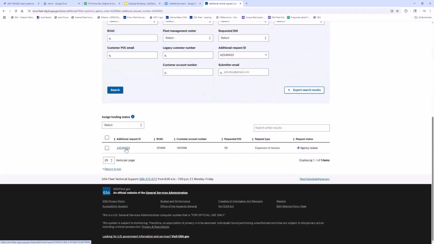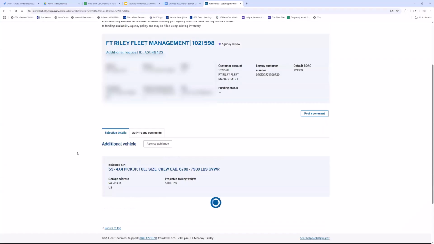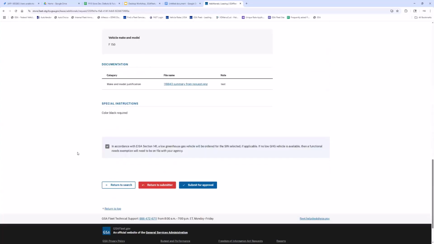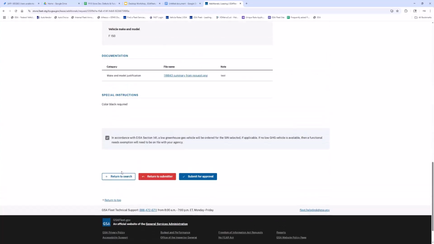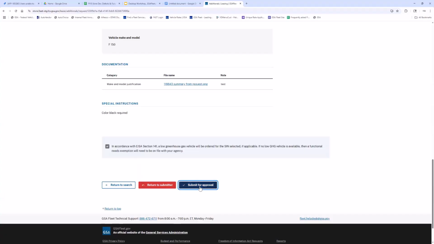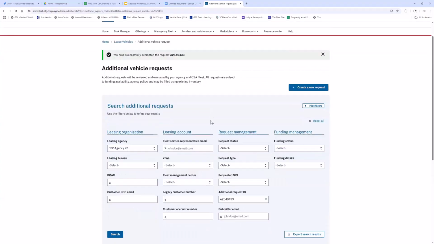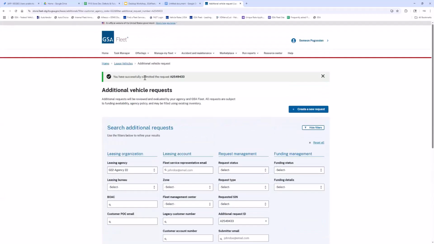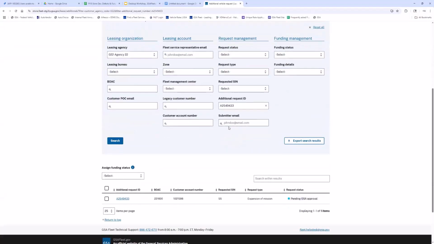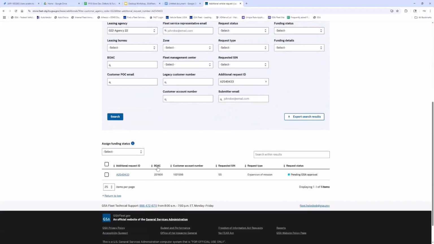So now this request is back at the agency review status. So now we'll go ahead and submit this request up for approval. And you'll see that now you're getting the success banner at the top again. And now if you look at the request, you will see that now the request is in the status of